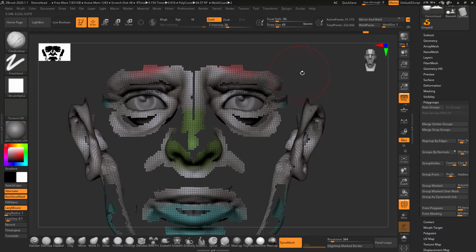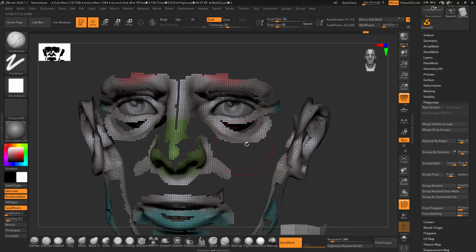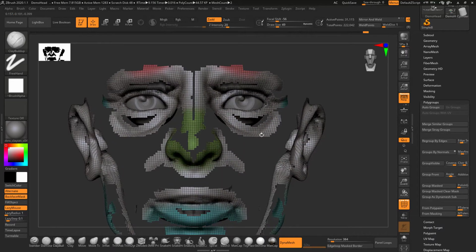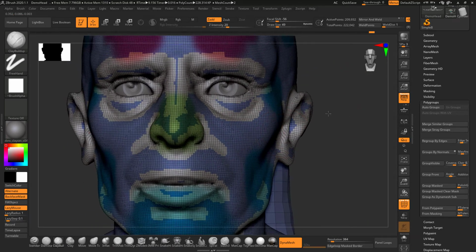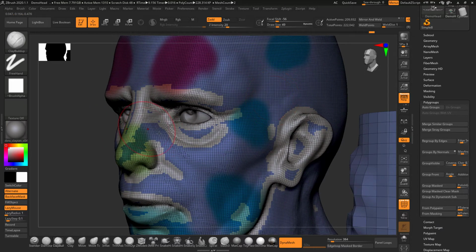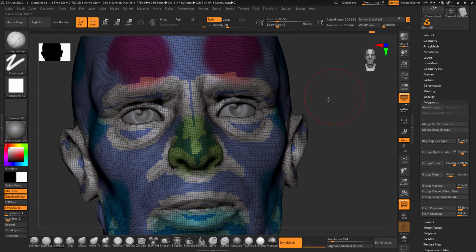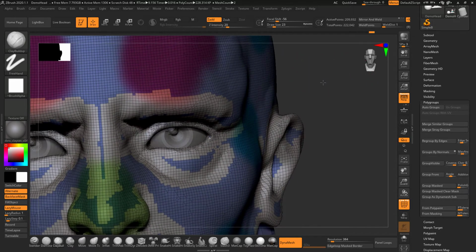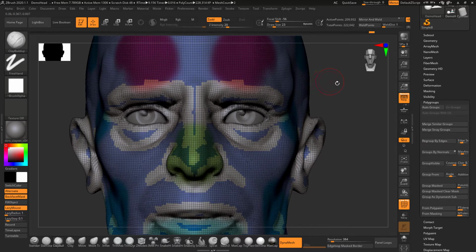Wherever I have changed the curvature and the edges start and end, like this eye area, and from here my chin area started, that's how it took it. It just took the edges of my sculpted area. Wherever I have put details, increased the volume or pushed the polygons out, it creates polygroups around it.